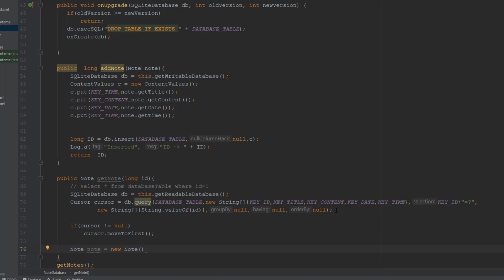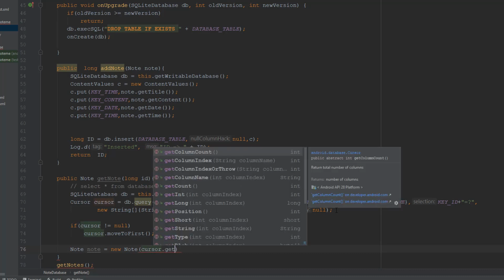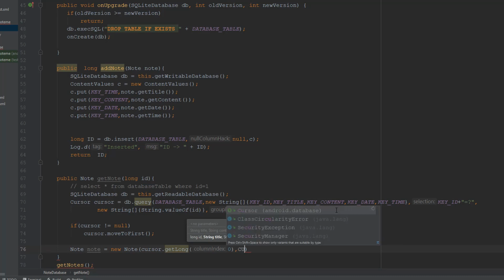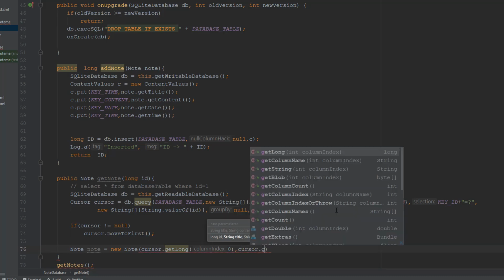Okay, so now we'll retrieve the data using the cursor, right? So cursor dot, the first thing we want is ID, which is of type long. So we'll retrieve that using cursor dot get long, and that will be column number 0. The second is, since it is a long, that's why I use the get long method. For string we'll use the get string method, cursor dot get string,